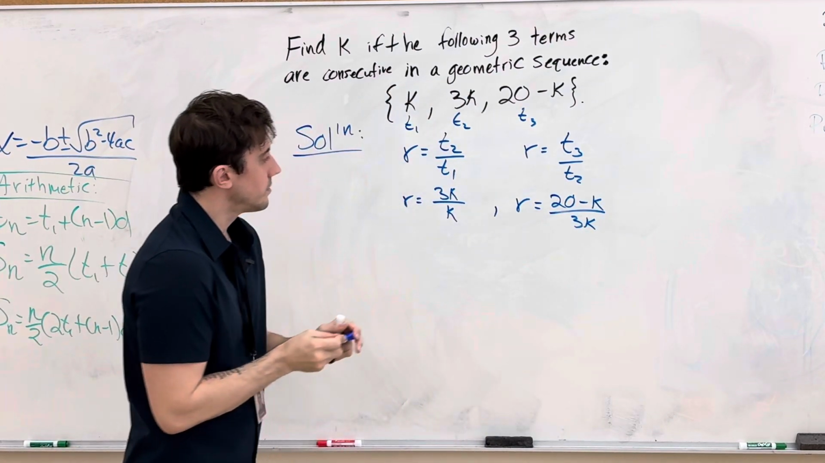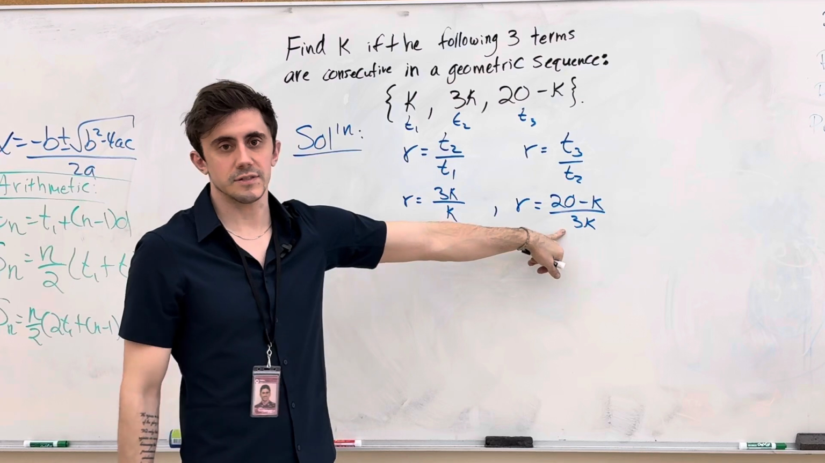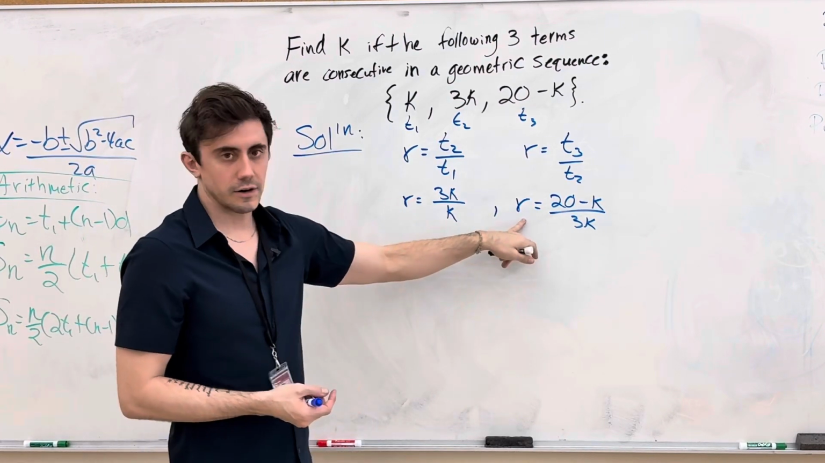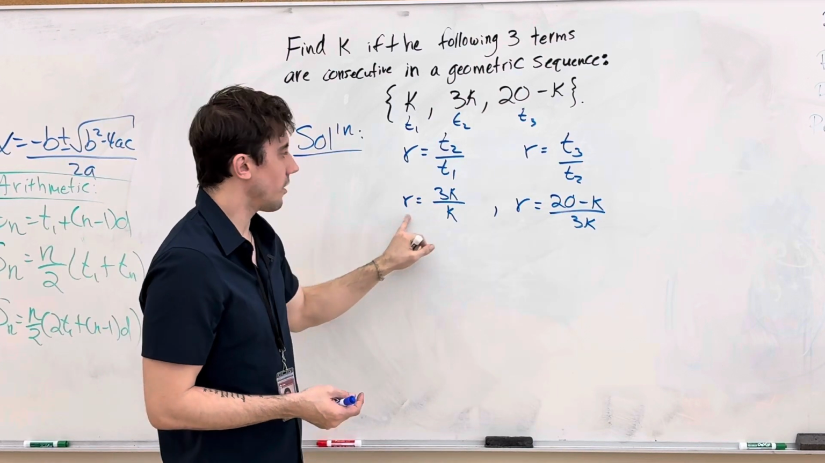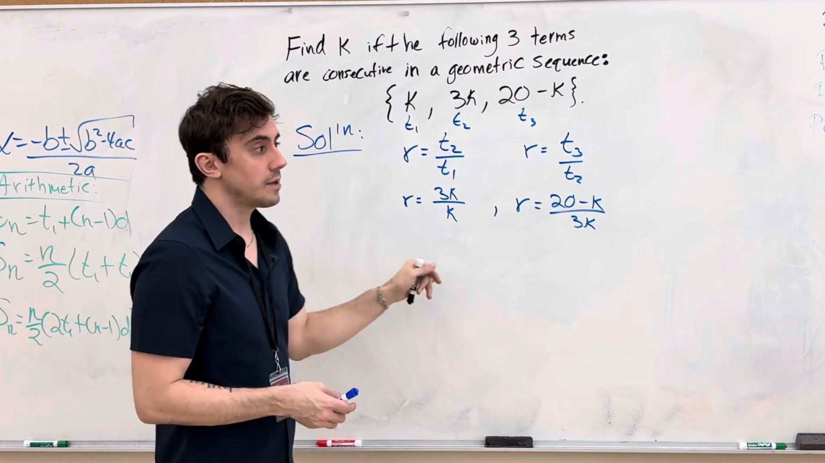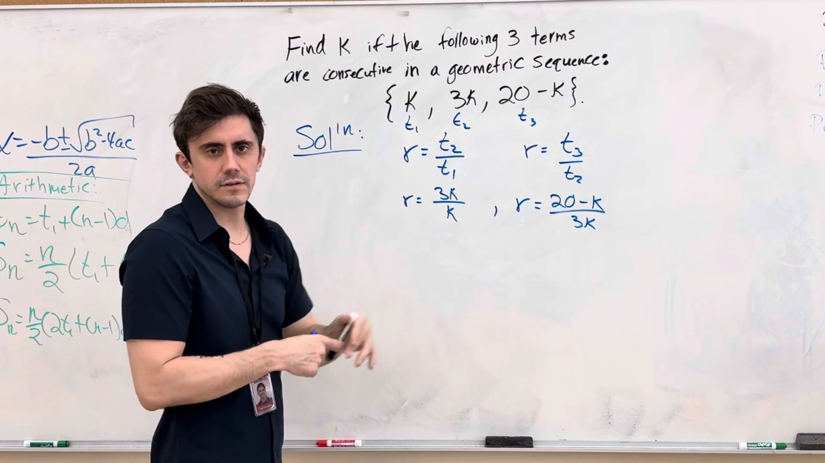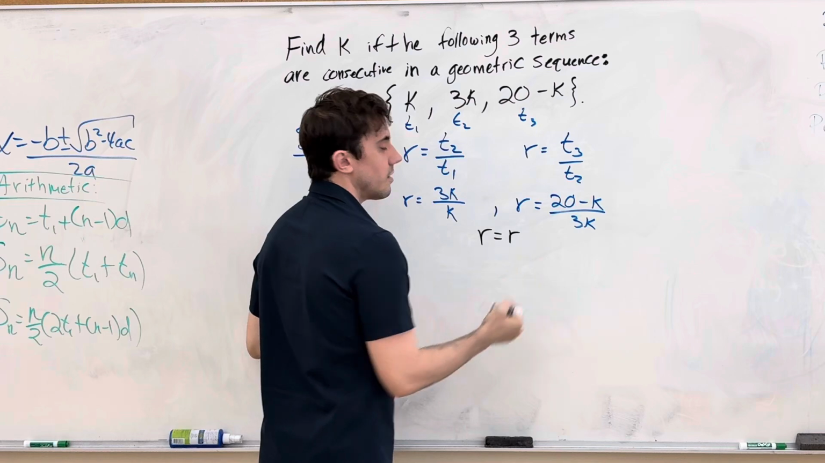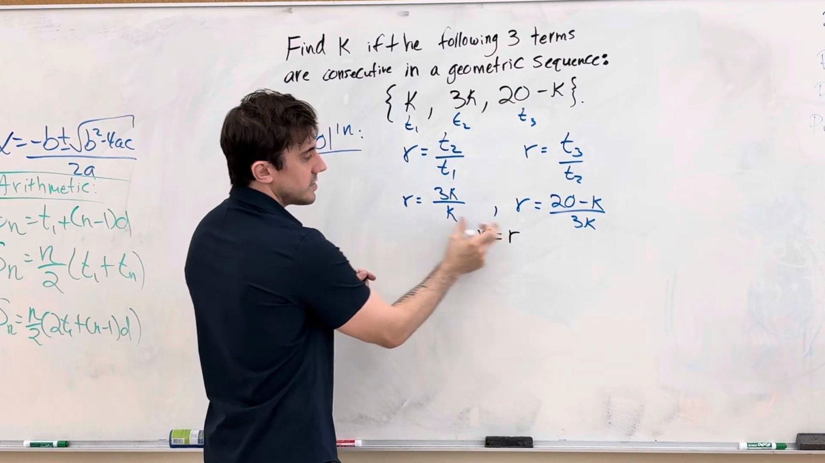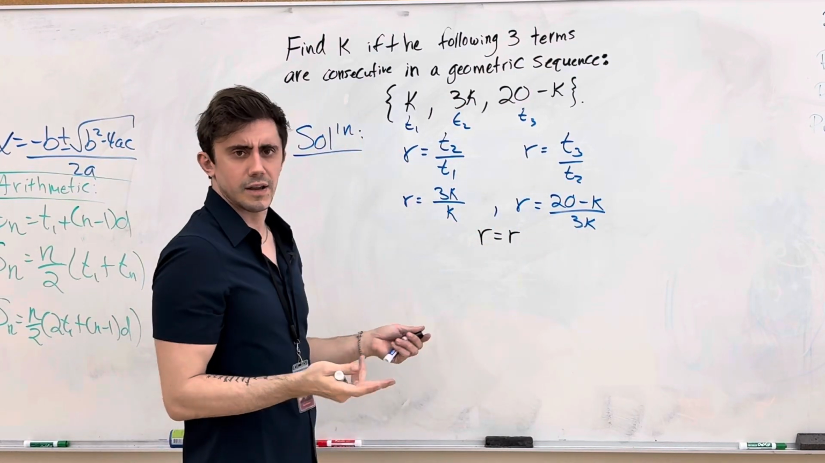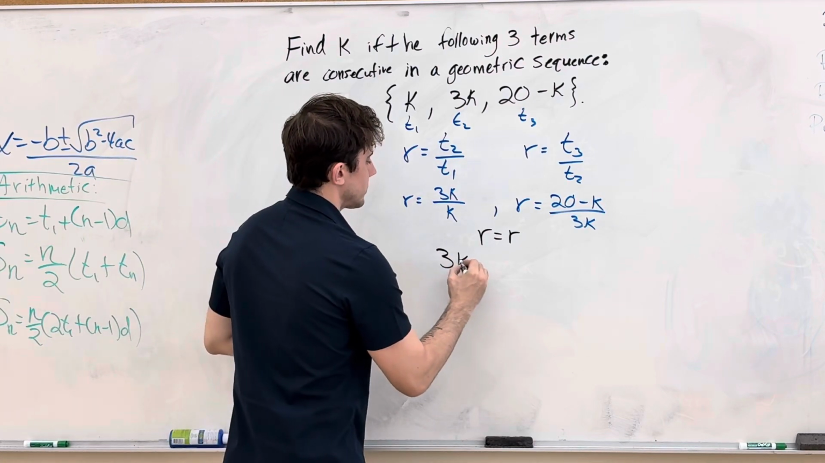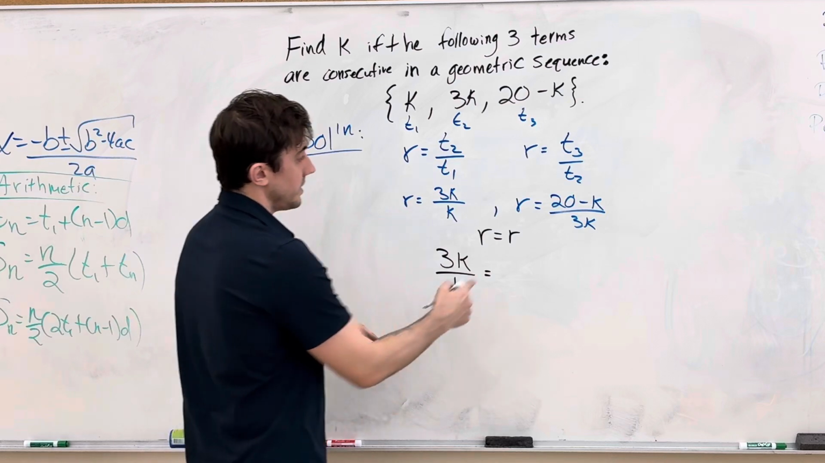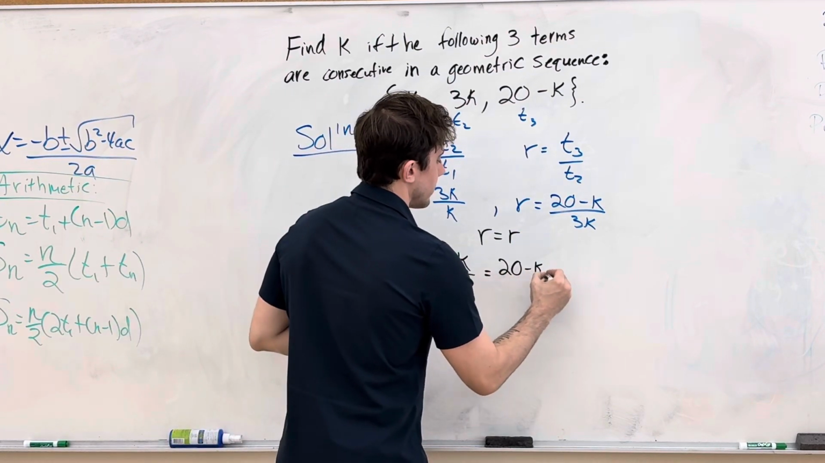And then what we have here are two distinct equations for the exact same unknown, namely our common ratio, r. Now, clearly, we're referring to the same r in both of these instances. And so this r is the same as that r. And so they're equal to one another, right? Formally, we say that r is equal to r, and that means that this must be equal to that, right? And so that allows us to make an equation with 3k over k being equal to